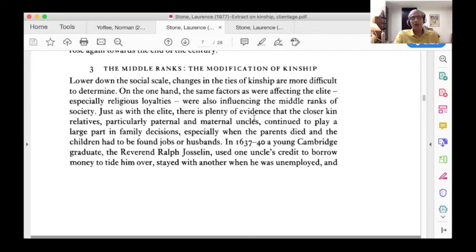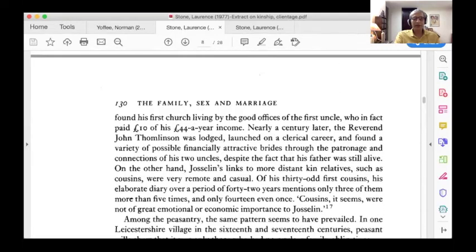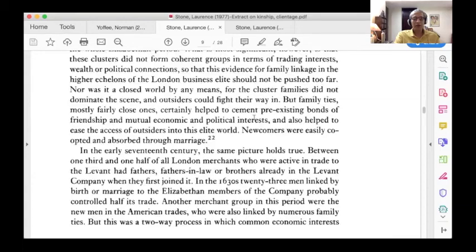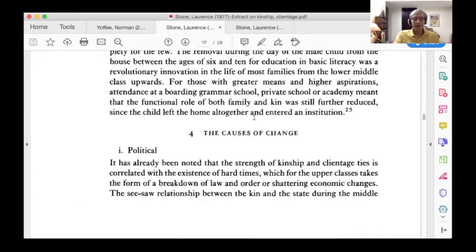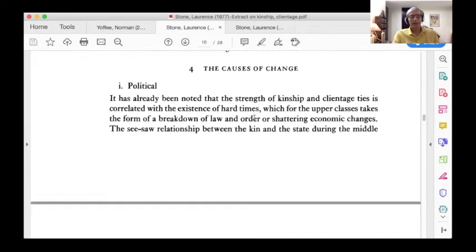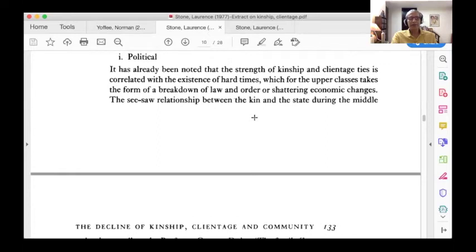Now, he then goes on to talk about the middle ranks, having talked about the aristocracy. I'm going to skip this portion because I want to move on to a later part of this chapter, where he talks about the causes of change. He says there were political reasons for this change, and it has already been noticed that the strength of kinship and clientage ties is correlated with the existence of hard times, which for the upper classes takes down